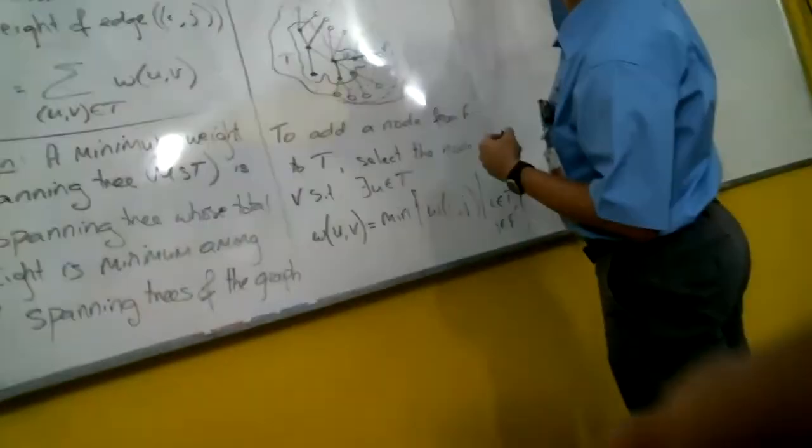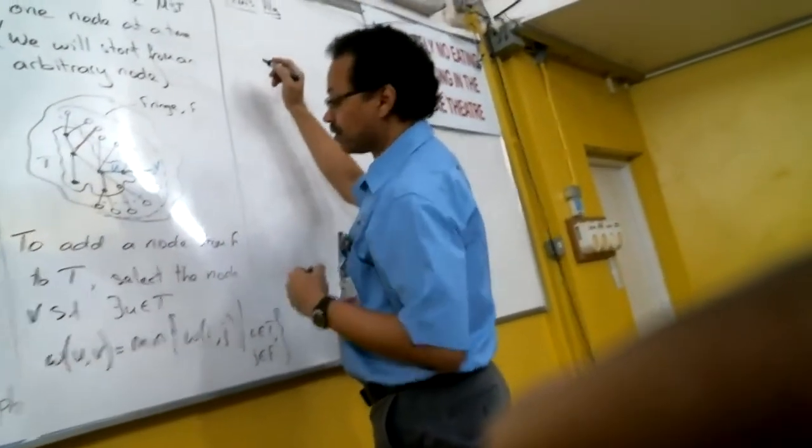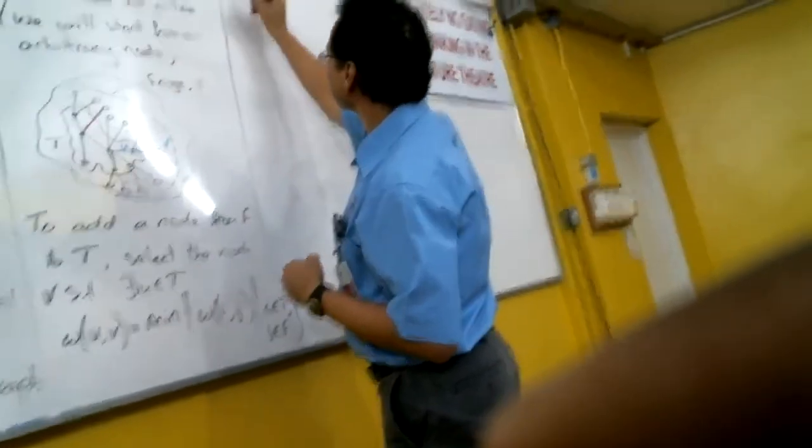Right, so Prim's algorithm basically says, you're gonna start with a node, and then until,